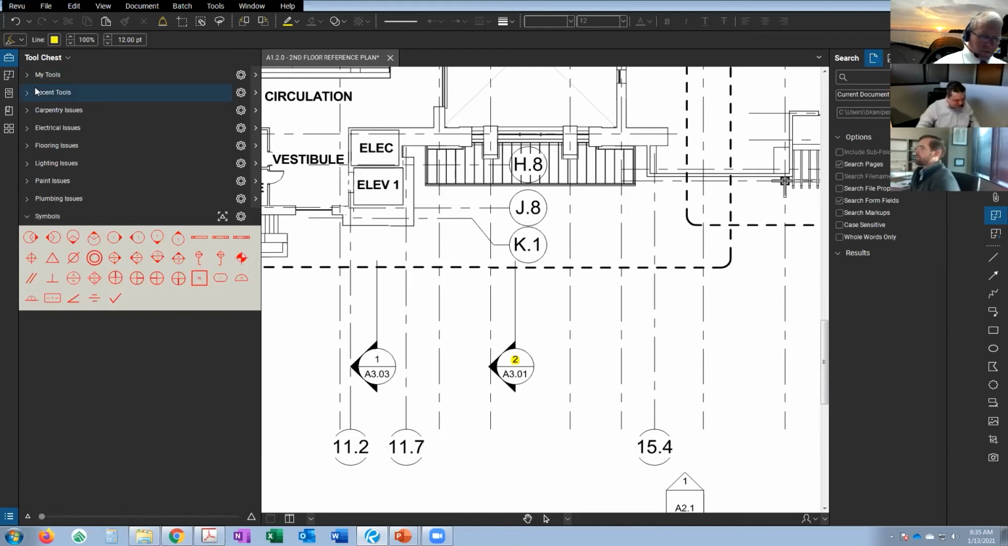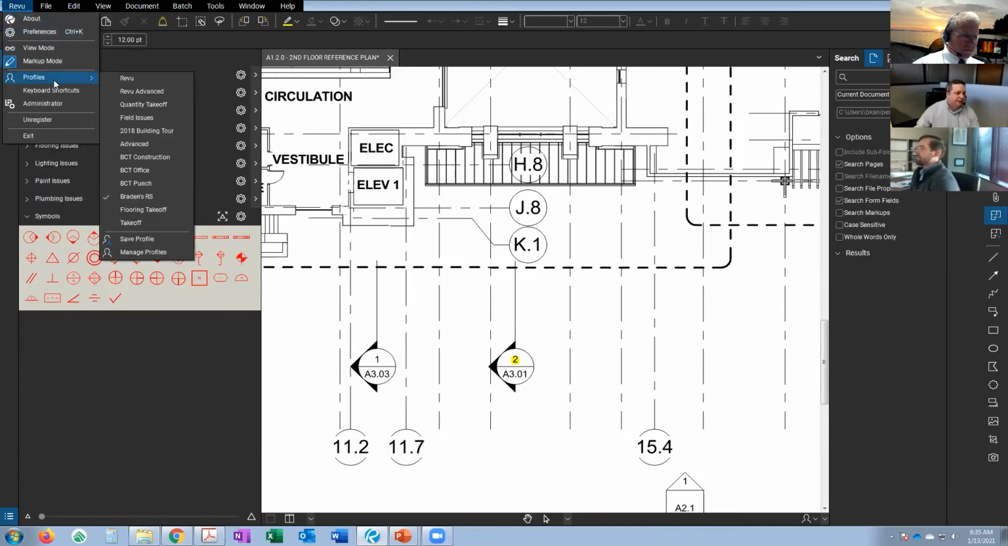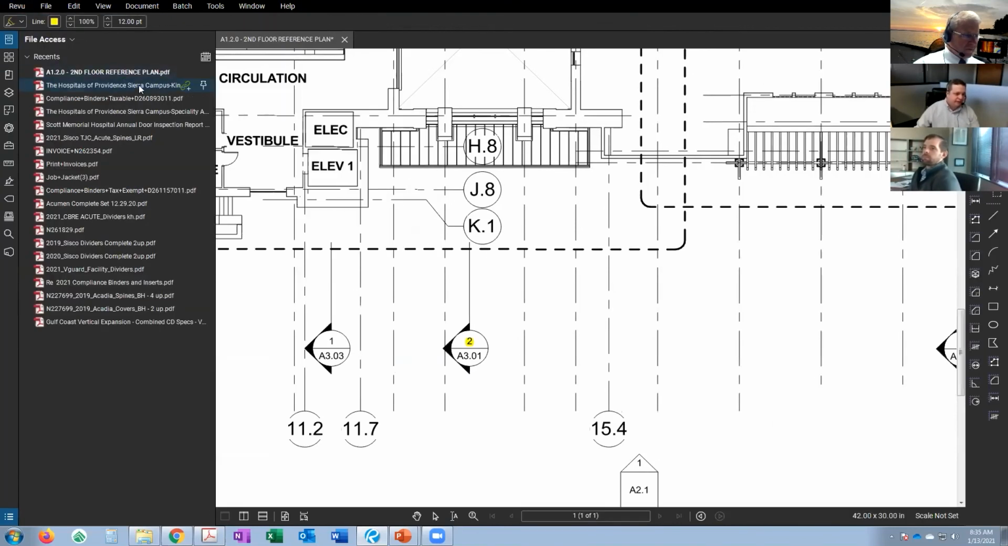So pretty straightforward. All right, so we've messed with profiles. So I want to go back, or we've lightly touched on profiles. I want to go back to just my basic profile so that we can look at some of the